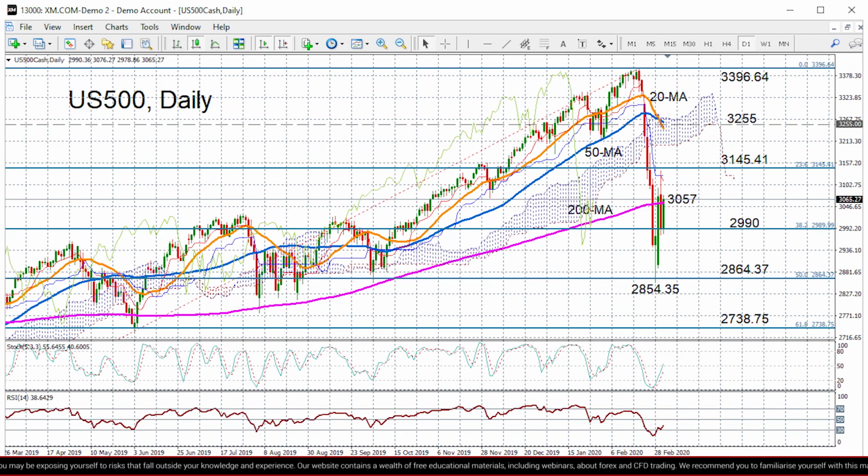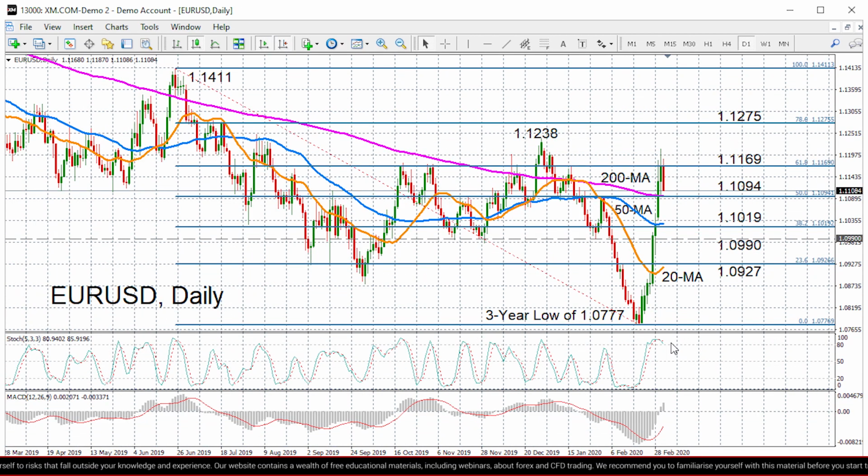Let's now turn to EURUSD. It is looking somewhat overbought at the moment. The stochastics are in overbought territory above 80, though we can see the improved picture clearly in the MACD. The histogram has turned positive for the first time since January. At the moment, though, there is strong resistance coming from the 61.8% Fibonacci retracement of the downleg from 1.1411 to 1.0777, so that's around